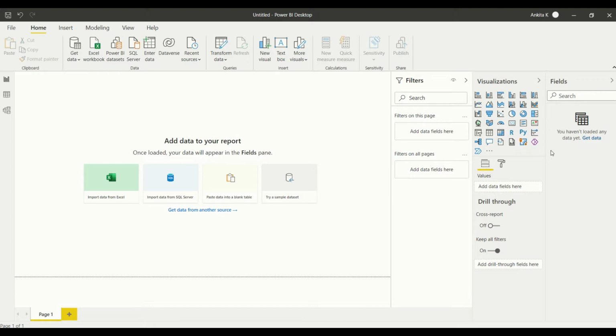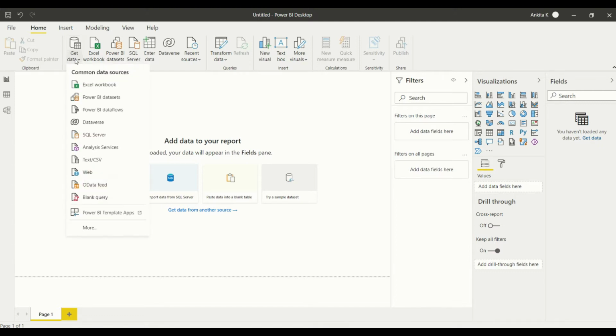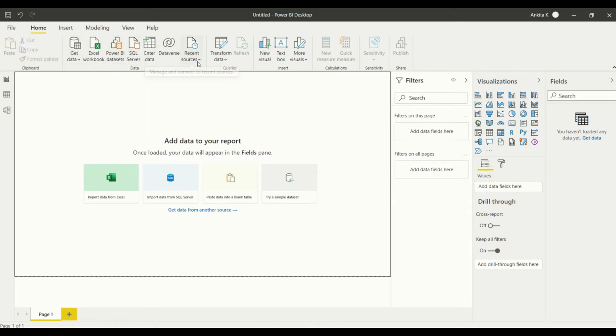Since there is no data here, it is giving us the message that you haven't loaded any data yet, and to get data. So we'll go on to that part about how to get data. You can get data from here, or you can pull down from here. If recently you have used some sources, you can click on this and just reconnect to the recent sources.